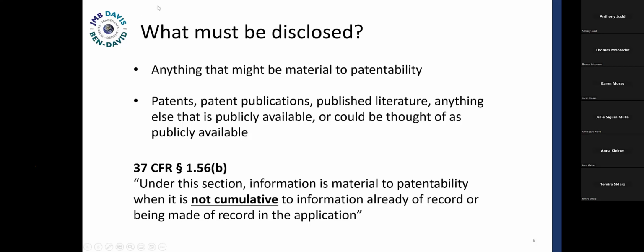There's a really famous question on the US patent bar, and they used to ask it every year, which was, if there's a dissertation that's written in Polish and is only found in the library in the University of Warsaw, but it's publicly available and cataloged, does that need to be disclosed on an IDS? And the answer, of course, is yes. As long as it's publicly available and could be material to patentability, it needs to be disclosed.